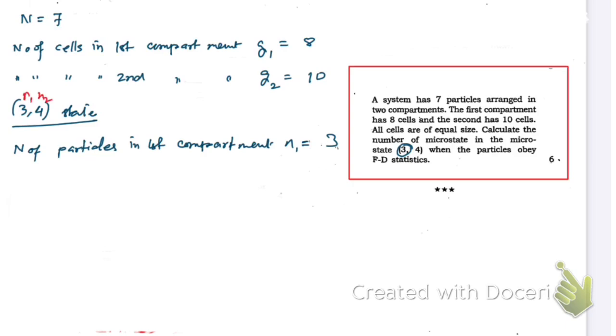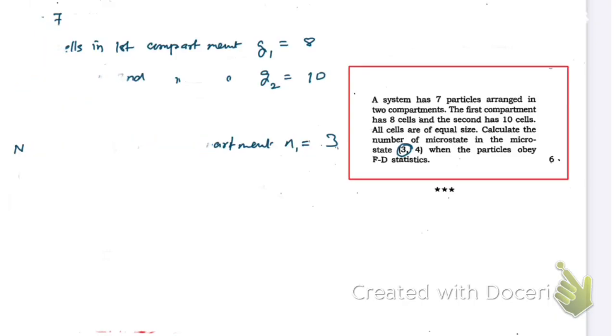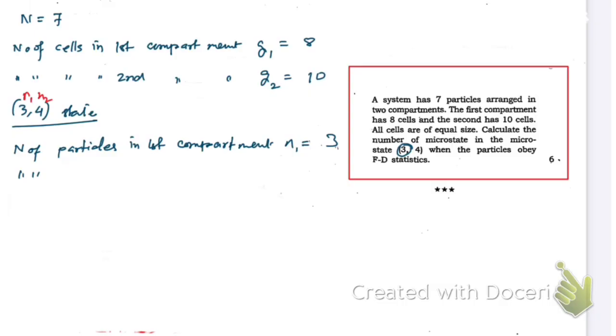The number of particles in the second compartment, N2, is equal to 4, right? So you see, in case of FD statistics, we know that the thermodynamical probability W